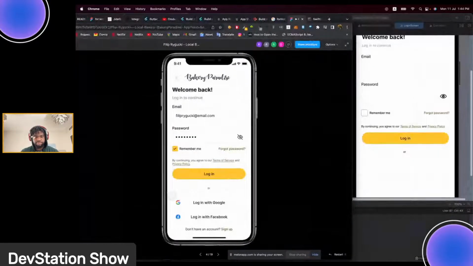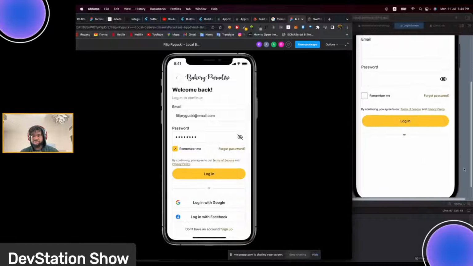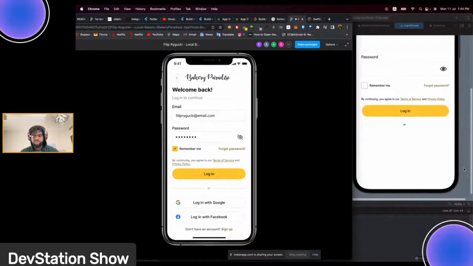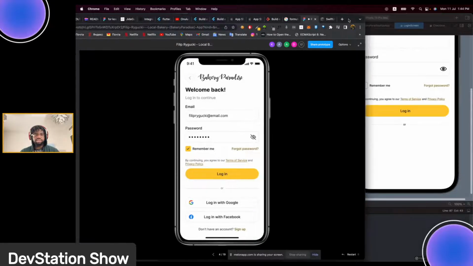So I have this stuff here that stopped somewhere here, and this started somewhere here. Are good to go. So we need to add this spacing. So the spacing is already added. We don't need to add another spacing. So what we want to do right now is to start working on this social login and sign up button right here, and we could work on that by just saying